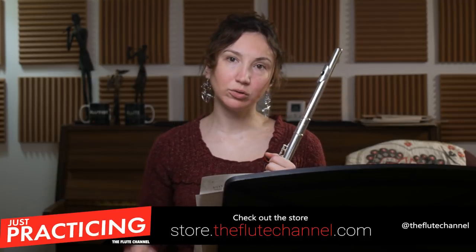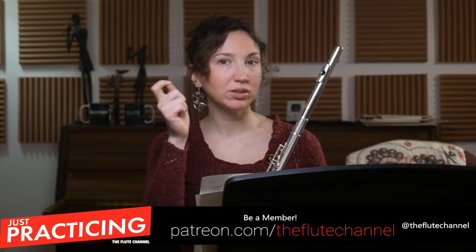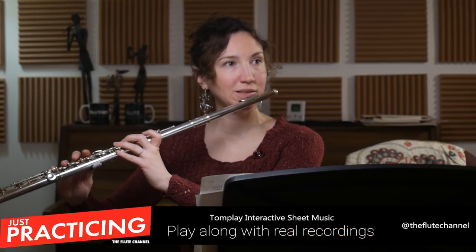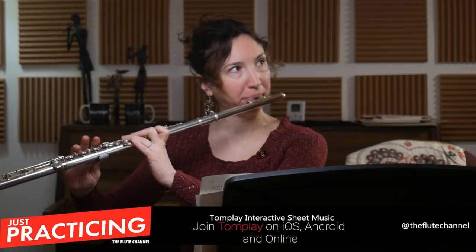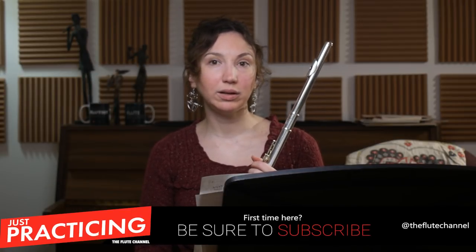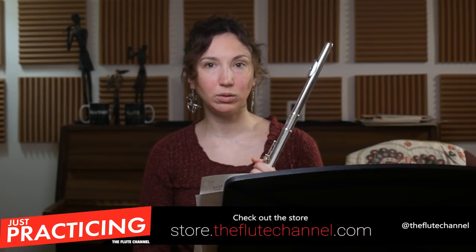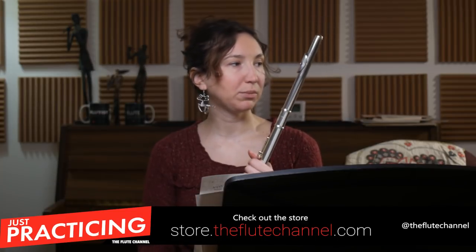Maybe practice long notes. Okay. If you have a poster with the fingerings, maybe do all the semitones. You'll hear it if you're not playing the right note because they all have the same interval. If you stop playing a semitone and it sounds off, you'll hear that you didn't play the right note because it's not a semitone. So that could be something. Learning all your fingerings semitone by semitone could be something. And then maybe using a tuner could be a good idea. Maybe if some notes don't come out, maybe your flute needs a little visit to the repair shop. I don't know exactly what's happening, but...